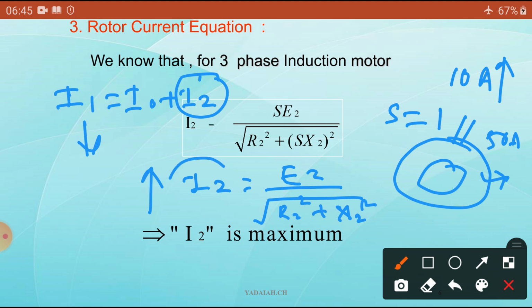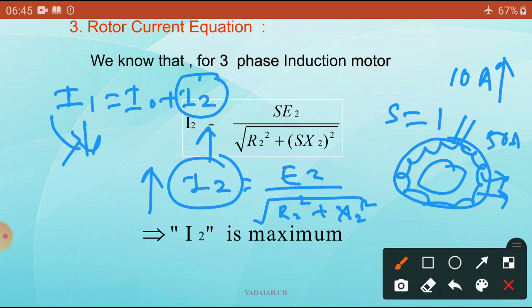This is the high current. What will happen? It will draw some more current. To compensate this current, it has to draw from the supply. Then the current flowing in the stator windings, which were wound as the three-phase winding, may burn the winding, similar to our DC motors.